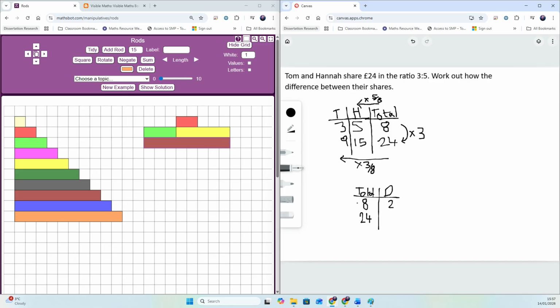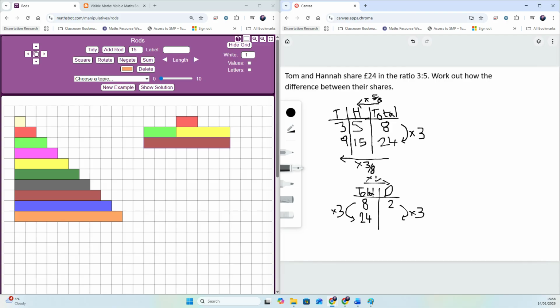Again, we can see that same scalar relationship, that because the total amount of money is 3 times bigger than the length of the bar or rod that represents it, that will be the same here. But again, obviously, that scalar relationship will change if we change the amount of money this is worth. What's key, again, in this ratio is that as long as the ratio is 3 to 5, it doesn't matter what the context is, it doesn't matter what the amount of money is, the difference will always be